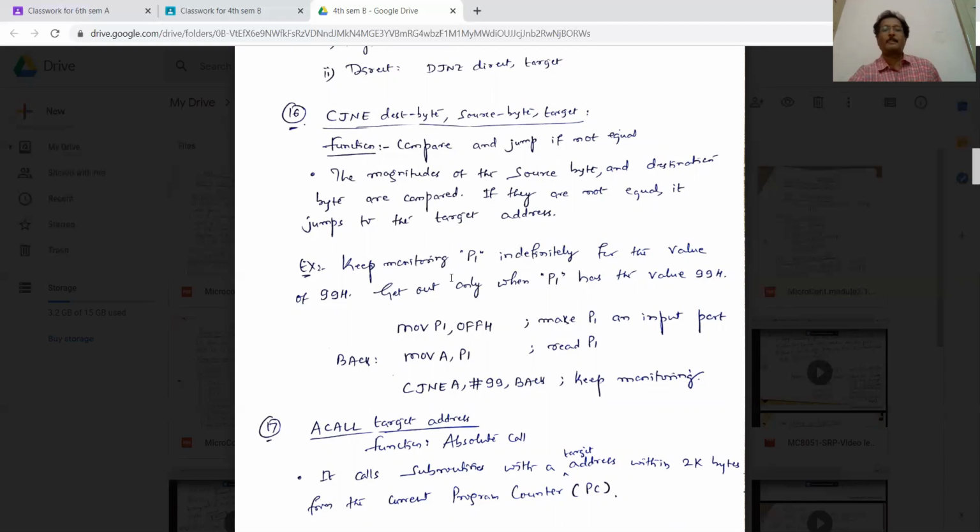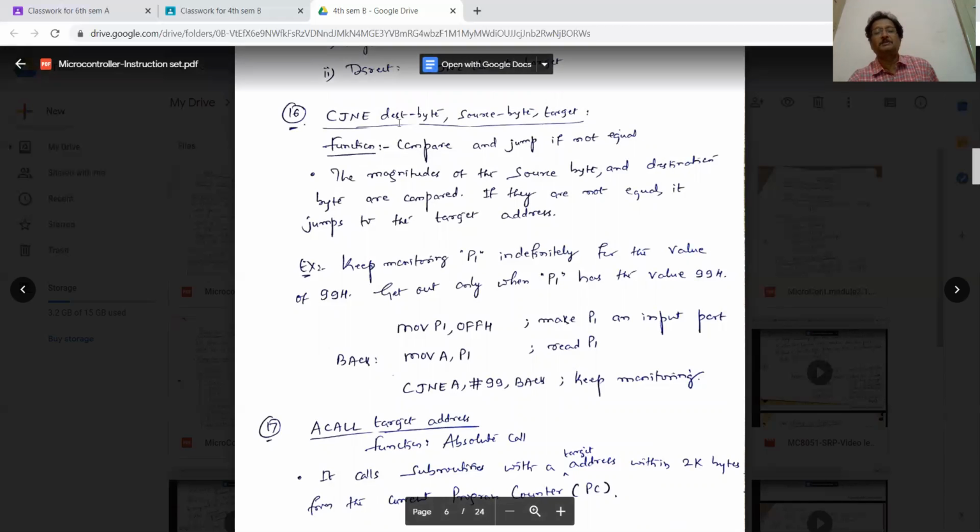So you can write CJNE A, R1, whatever that is, then the target also. Content of A and the location content are compared. If they are equal, go to the next immediate instruction. If they are not equal, jump to the target. That is what is written here.